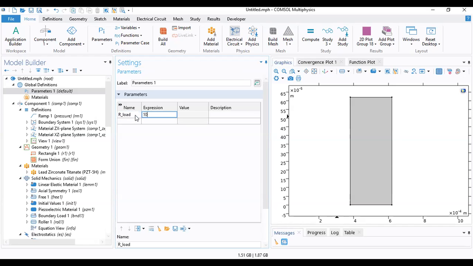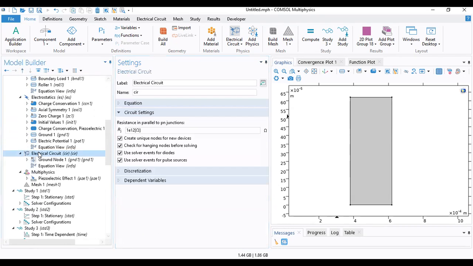I start with 10 kilo ohm here. Here, I name it electrical resistance. And now I copy it,